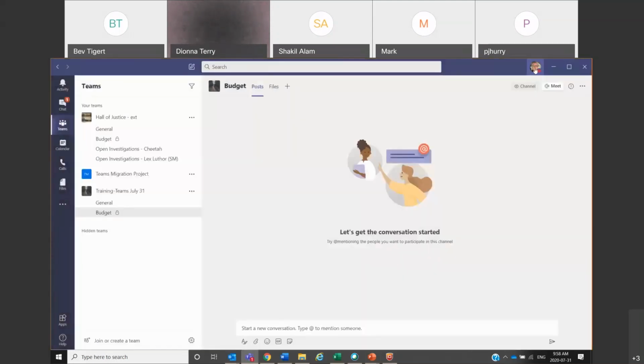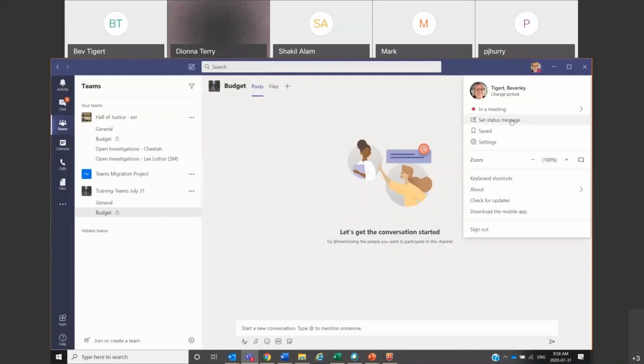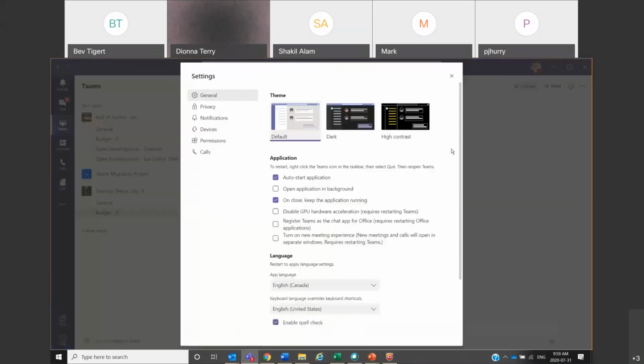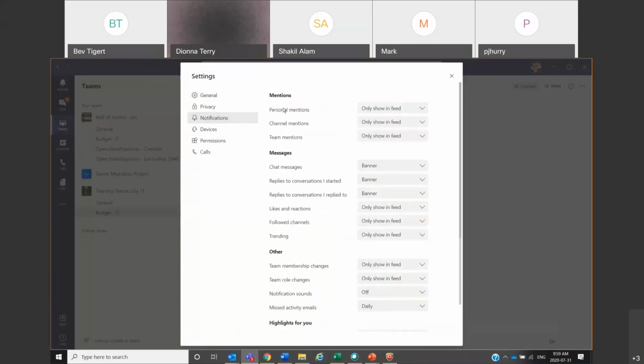So right up at your profile. Oh, the profile. Okay. Yeah, and then you can go, but I'll show you there. So go into settings and notifications. So this is where your at mentions should be. You can have them in your banner or email or feed. So your banner comes down at the bottom right, and the feed is at the top left in the panel. And then of course an email, you get an email saying, hey, you've been invited to this team.